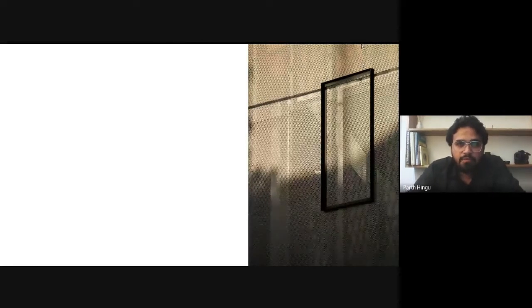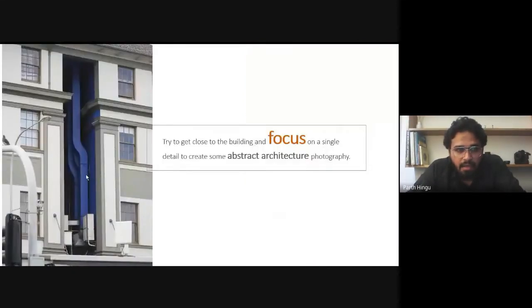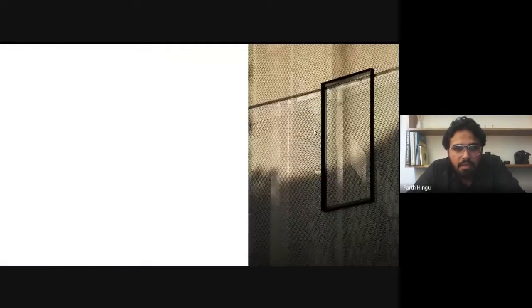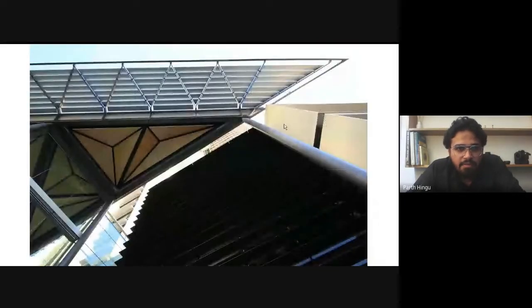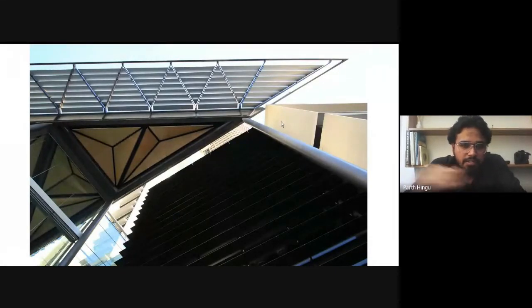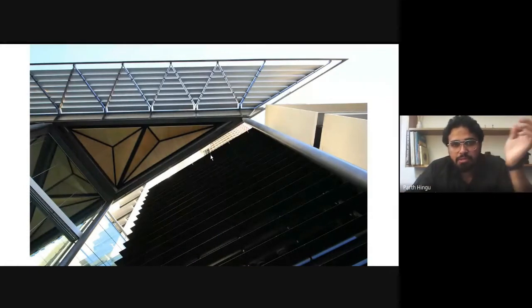And another thing is, just compose your photograph each and every time. Like this is following the rule of thirds. There is no composition like this in this image. Focus on the detail. When you are walking, you just need to see around on each and every side. You can get each and every detail.